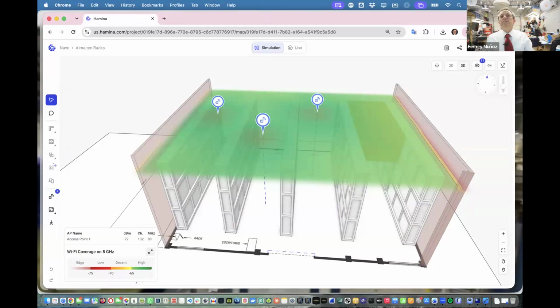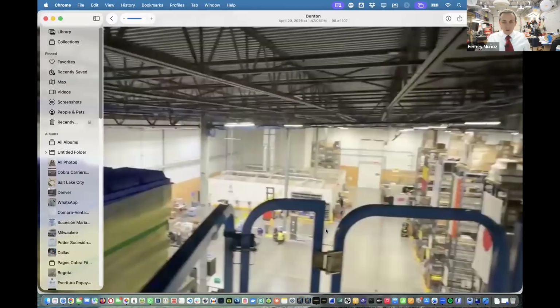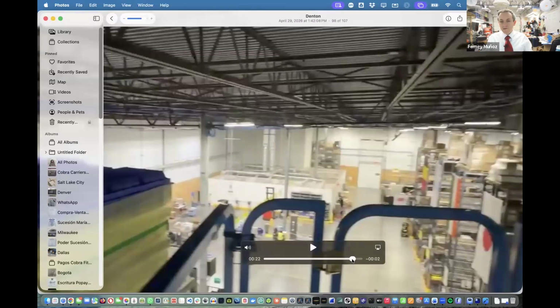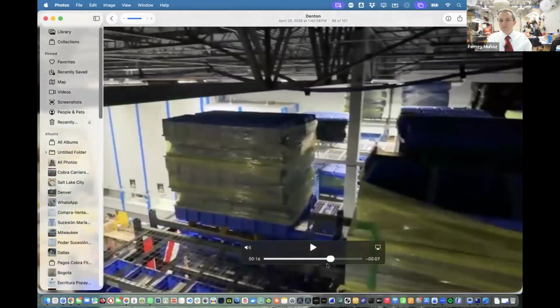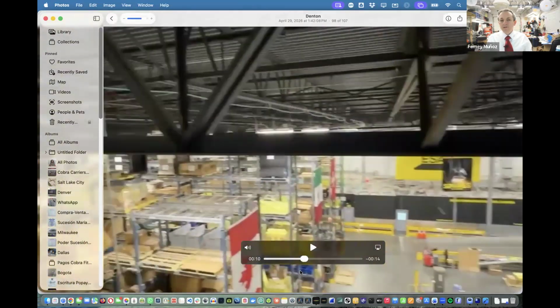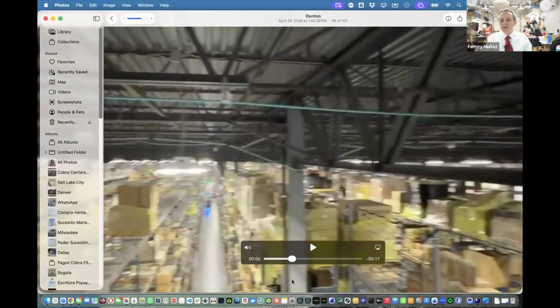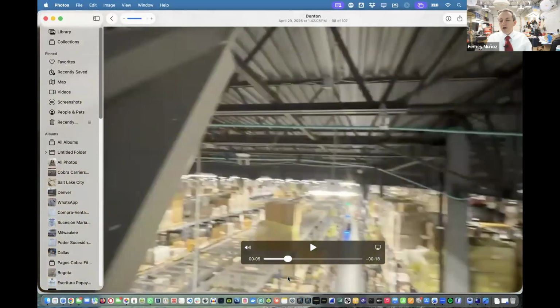Warehouses, I mean, just think waves. Warehouses are just complicated environments because there are high ceilings. There are big, long hallways that you have to cover with lots of merchandise everywhere. And sometimes they don't have any merchandise on them. So the waves will just cover bigger, larger areas. And you have long distance to cover. The AP has to get there, and the clients have to be able to scan and still have good signals